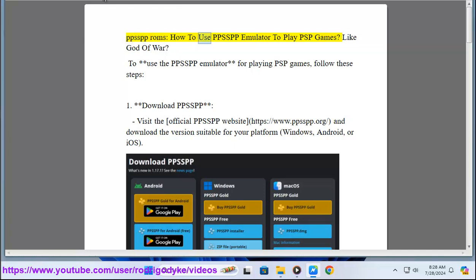PPSSPP ROMs: how to use the PPSSPP Emulator to play PSP games, like God of War. To use the PPSSPP Emulator for playing PSP games, follow these steps. 1. Download PPSSPP. Visit the official PPSSPP website,